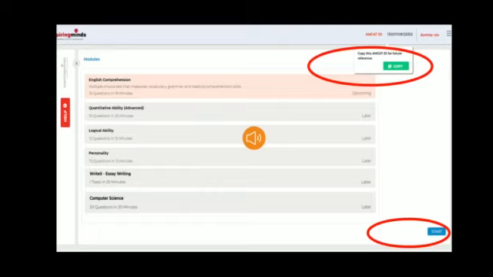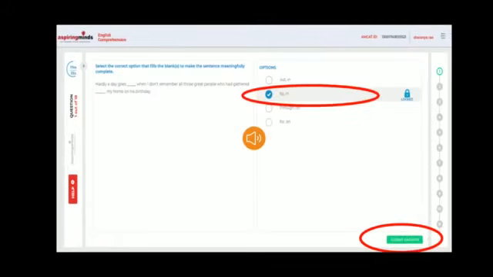Here you can see the details about modules, number of questions and timings for each. Kindly copy and save your AMCAT ID for your future reference. Click on Start. To answer a question, click the checkbox beside the correct answer and click Next to answer the next question. Please proceed with the test in the similar way.